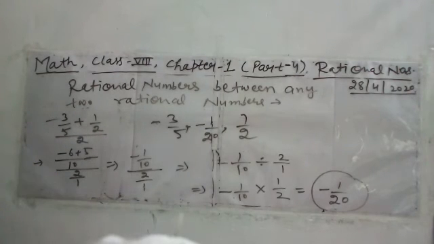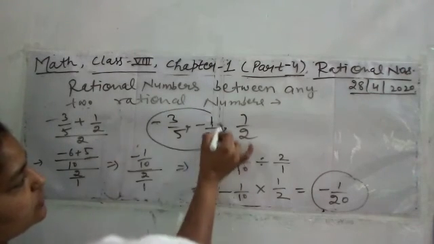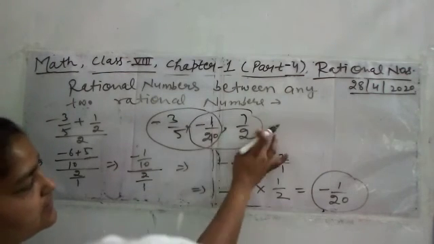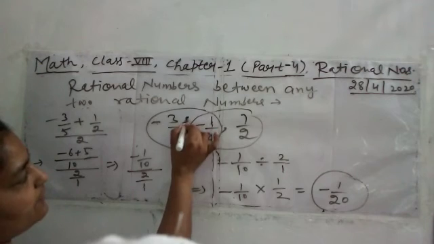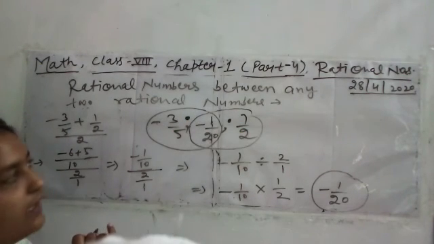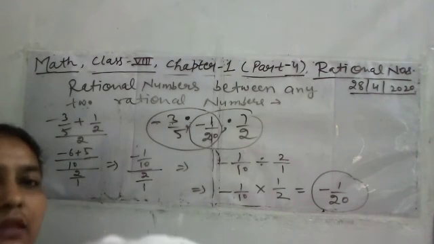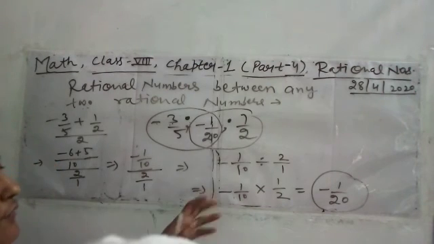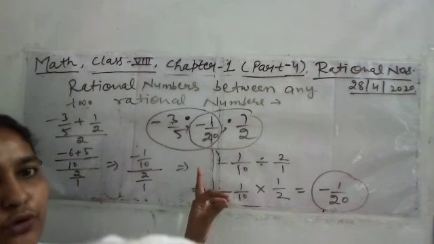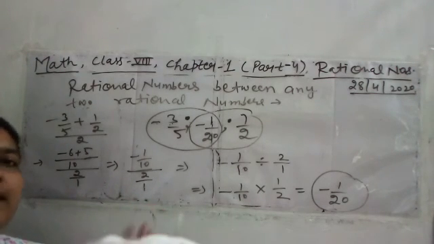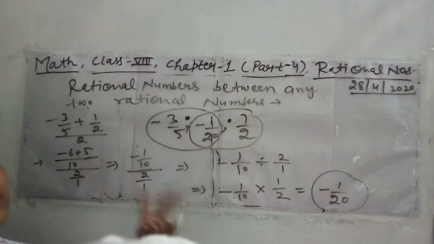So now after that you can find out more rational numbers. Take these two rational numbers, this plus this upon 2. After that a rational number will come between them, one rational number will be here. Then you can find a rational number between any two of these rational numbers. This method will be lengthy for you, but you should know all the methods, that's why I have told you. But the very easy method is the one I told at first. So you can find many rational numbers between any two rational numbers with that method. And you should know this method also, that's why I have told you.